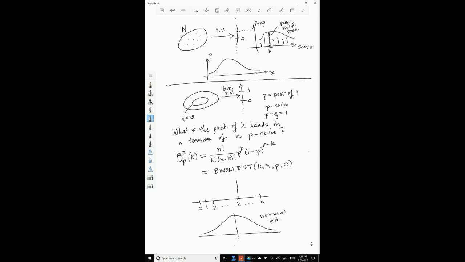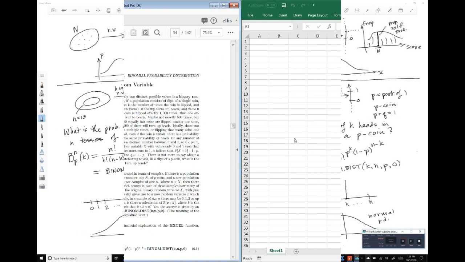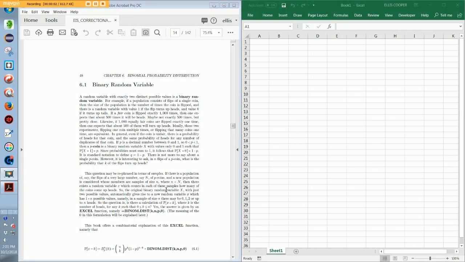So that's what I wanted to tell you about. On the left is page 48 of the Cooper textbook that opens with chapter 6, section 1 on the binary random variable. And what I'm really emphasizing here, at the bottom of the page, is what I alluded to in the preceding segment with this formula,